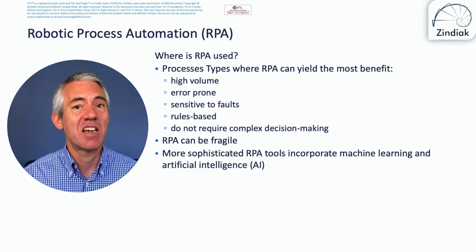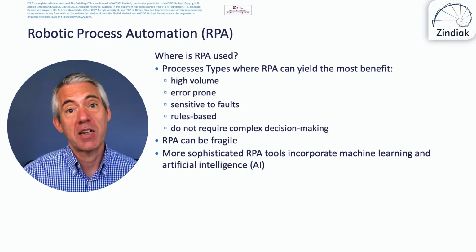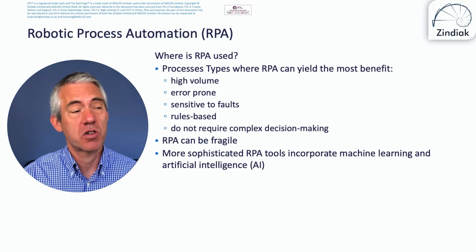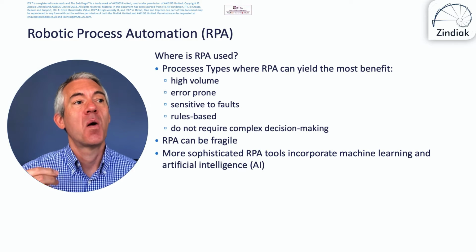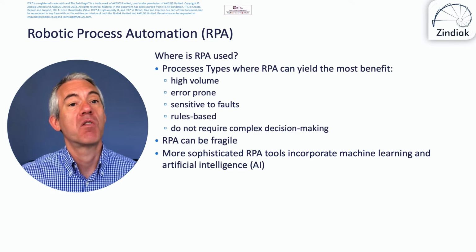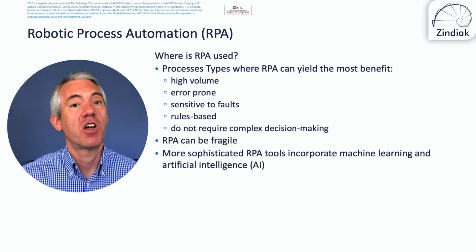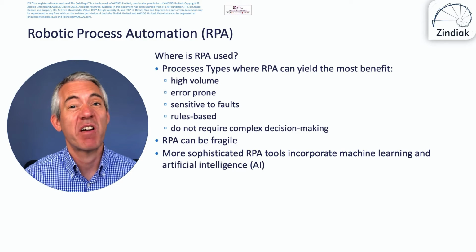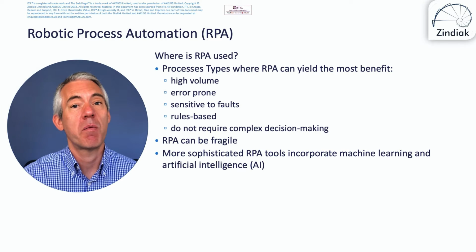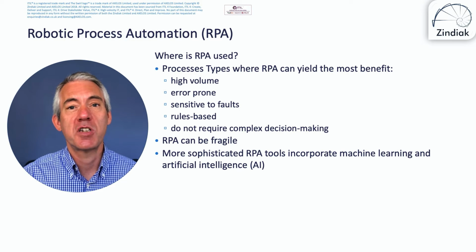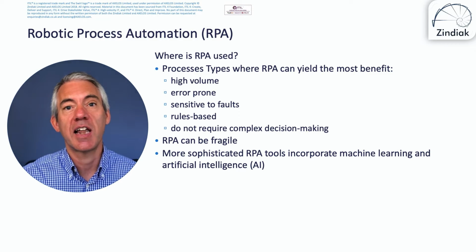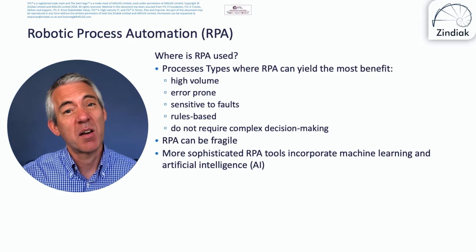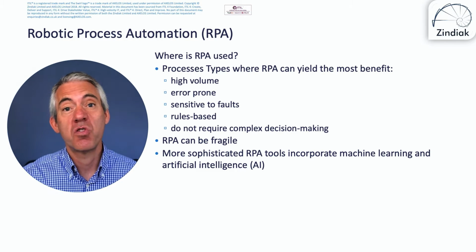Processes that are sensitive to fault, where the impact of a fault is great, we really want to reduce that risk. If it's rules-based, we can follow the rules, we can write the software to follow the rules. That's generally a very easy piece of software to write. I remember writing a statutory maternity pay system where I got a little leaflet from the government telling me how to calculate maternity pay,